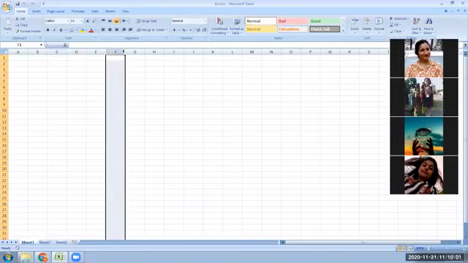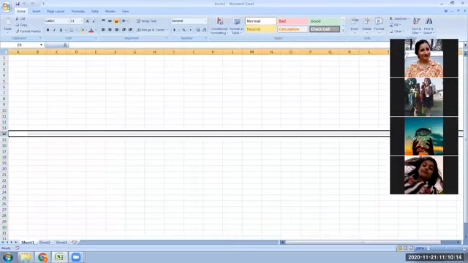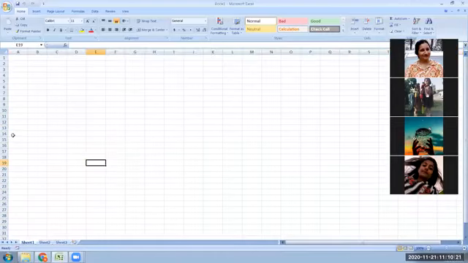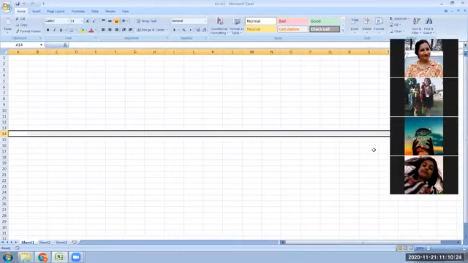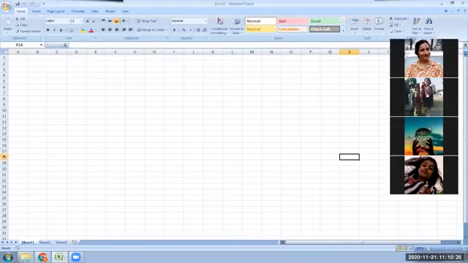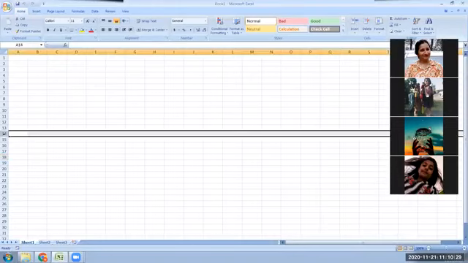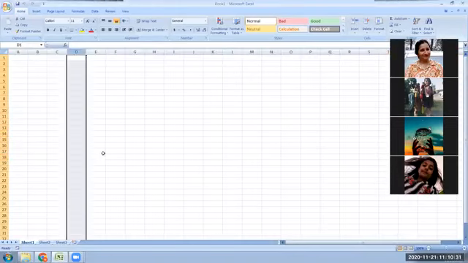And if I click on a row heading, these 1, 2, 3, 4, 5 are row headings, that entire row gets selected. Otherwise you would have to keep dragging your mouse like this. There is no need to drag your mouse like that. You can click on the row heading or the column heading and select an entire column or an entire row.